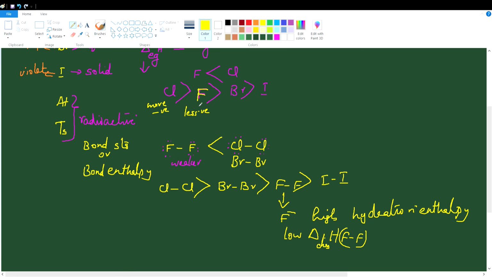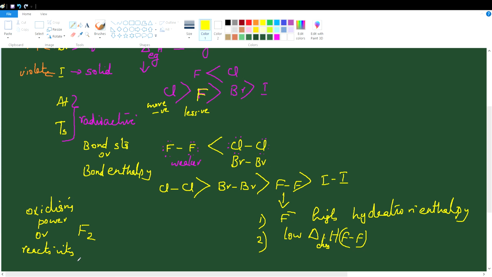Although the delta Heg value is less negative for fluorine, the other two factors, which are the other two factors? Low bond dissociation enthalpy and high hydration enthalpy of fluoride ion make fluorine the strongest oxidizing agent. If you write the order of oxidizing power or the order of reactivity,